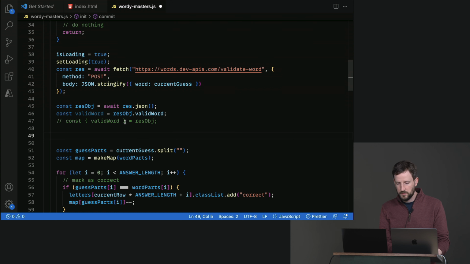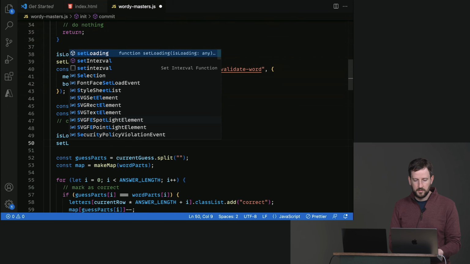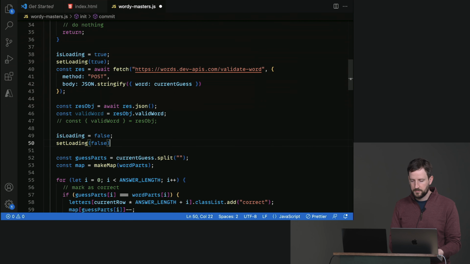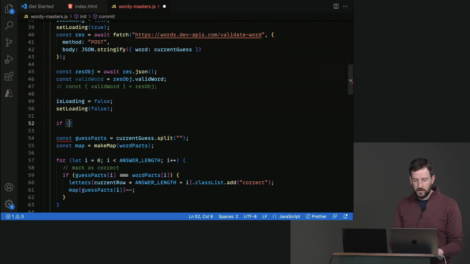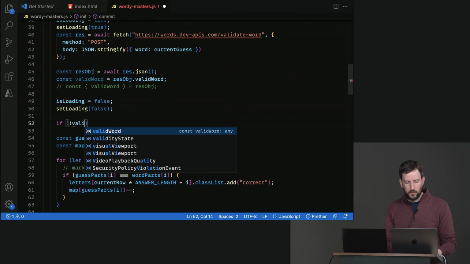So now we're done loading, so is loading is now assigned false. And we'll say set loading to be false as well. So now we have this valid word. We know if it's a valid 5-letter word or not, so what are we going to do about it? Well, if it's not a 5-letter word that's valid, we're going to say, so if it's not a valid word,